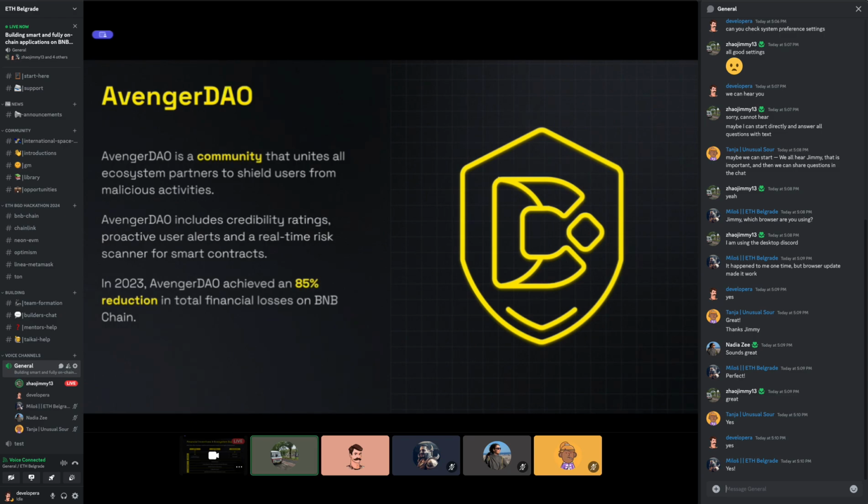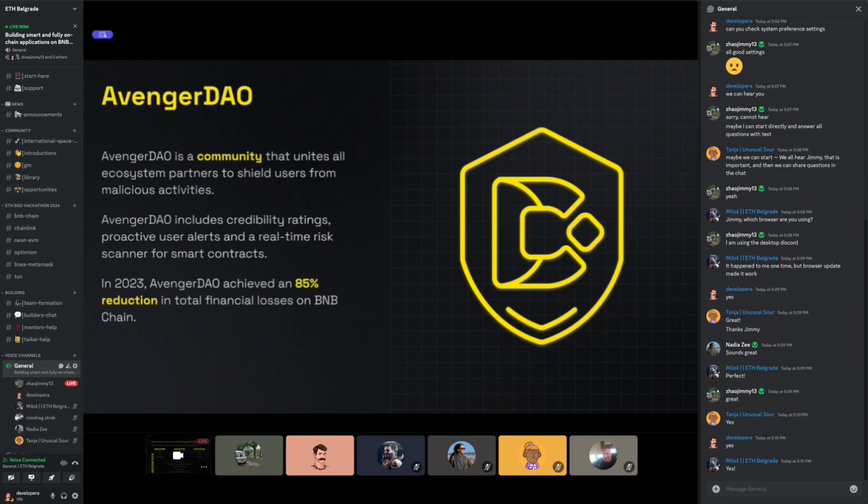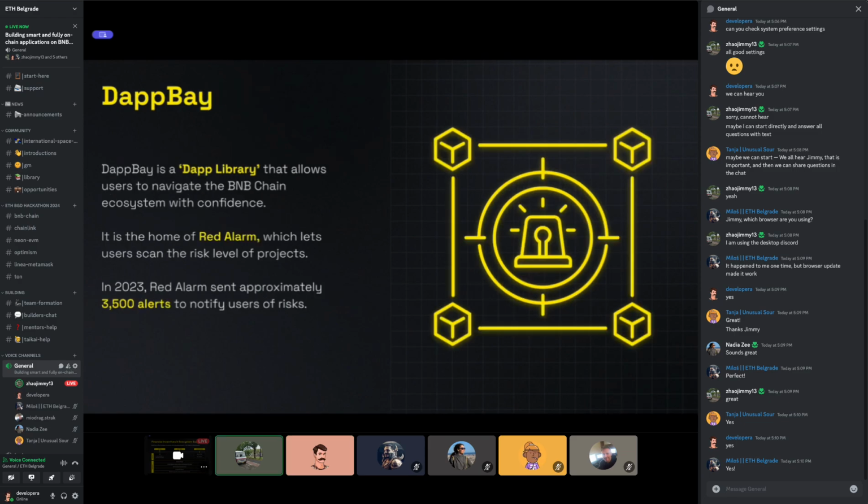So you can use the latest information from Avengers DAO to protect your users if you build on the BNB chain. Also, Avengers DAO achieved an 85% reduction in total financial losses on the BNB chain last year, which is a really good achievement compared with other chains.